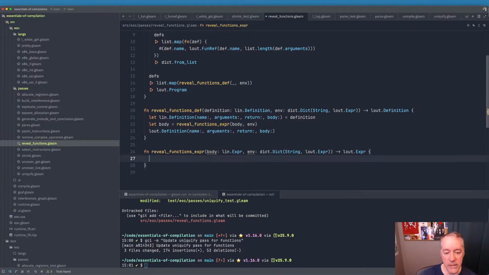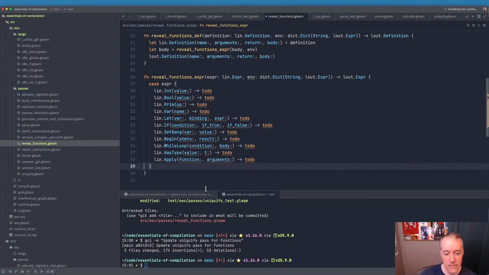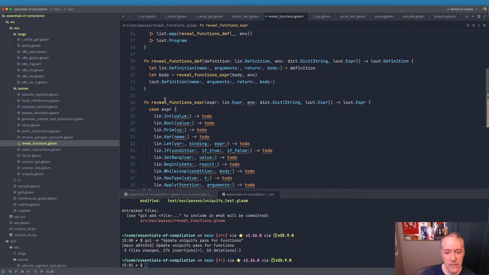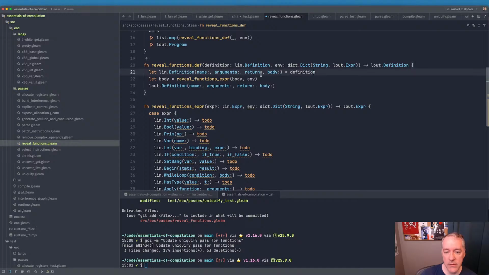And then what we'll do in here is just case. So this is going to be body. Let's call it expr. And just add all the patterns. And then we can go through and do the recursion as necessary there. Okay, so the first thing that we have to do is make sure that all of these arguments